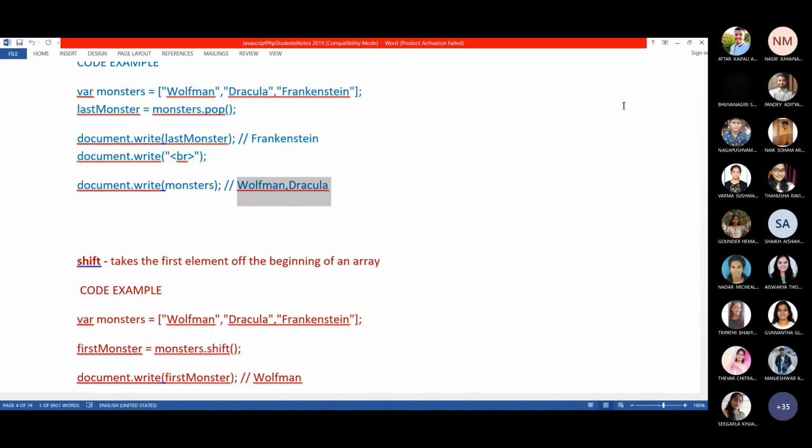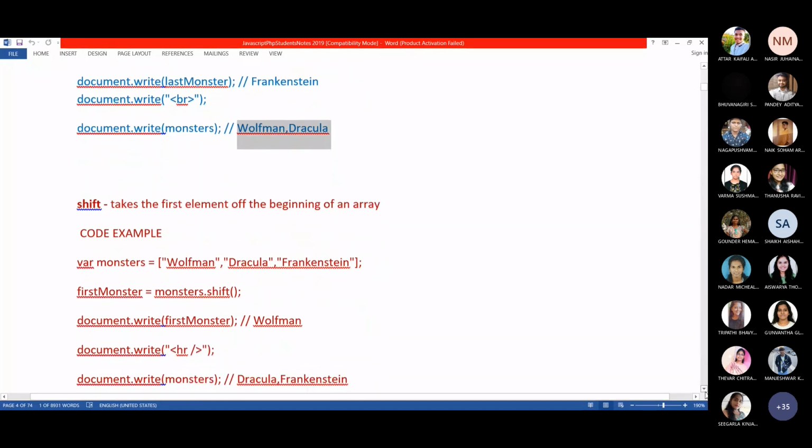Remember, only one element. When you add, you can add more elements. But when you remove, using pop, you can take only one element, and that is also the last element. The first element you can't take. So the last element you can take using the pop method from an array.